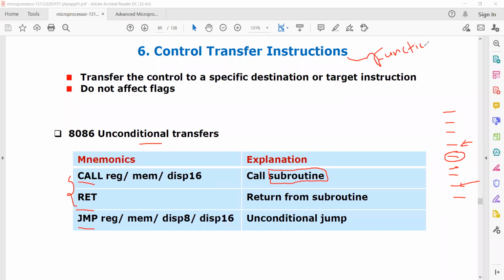In a program, when an operation is performed repeatedly, for that operation we do not write that code repeatedly in the program itself. We write that code separately, and we call that function whenever required. We execute that, take the result and return from that particular thing.